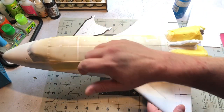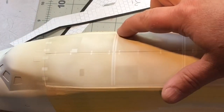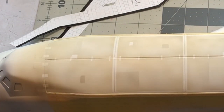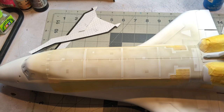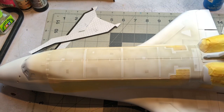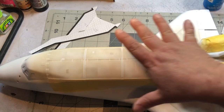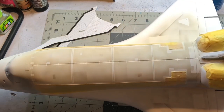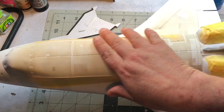Then I masked off some of the lighter cream areas with tape. You can see those are obviously the lighter areas based on the reference pictures. Not completely 100% accurate again, but just to give you the idea. And then I shot a darker cream color, and then I took some smoke color, Tamiya smoke, and went over